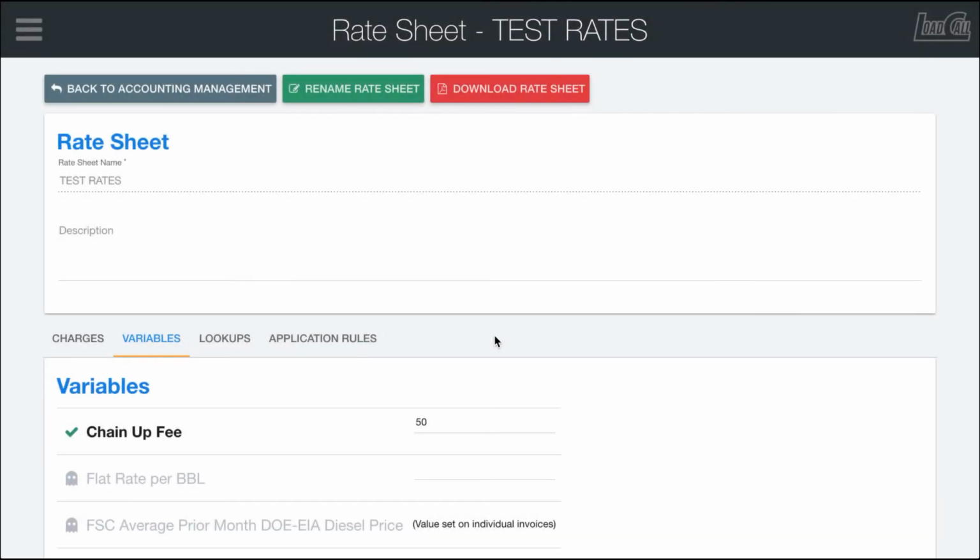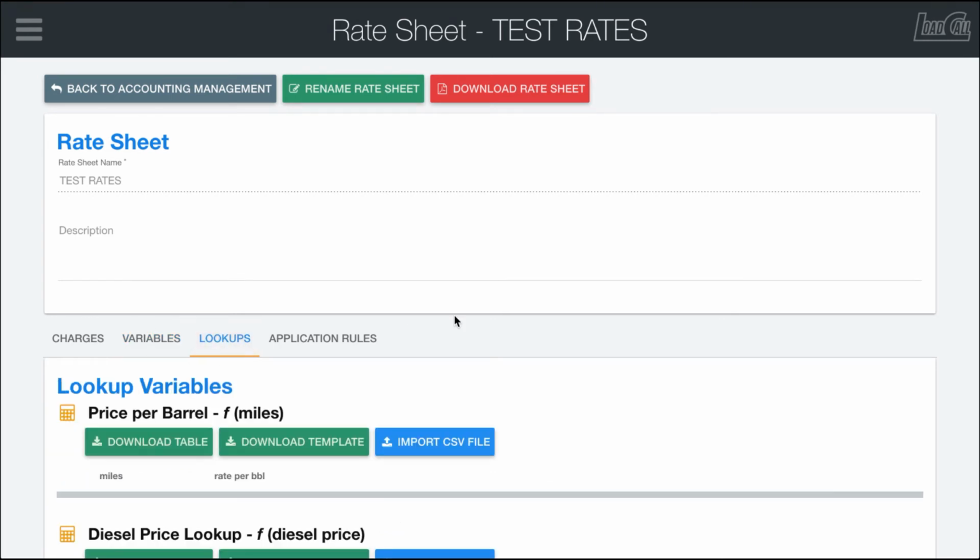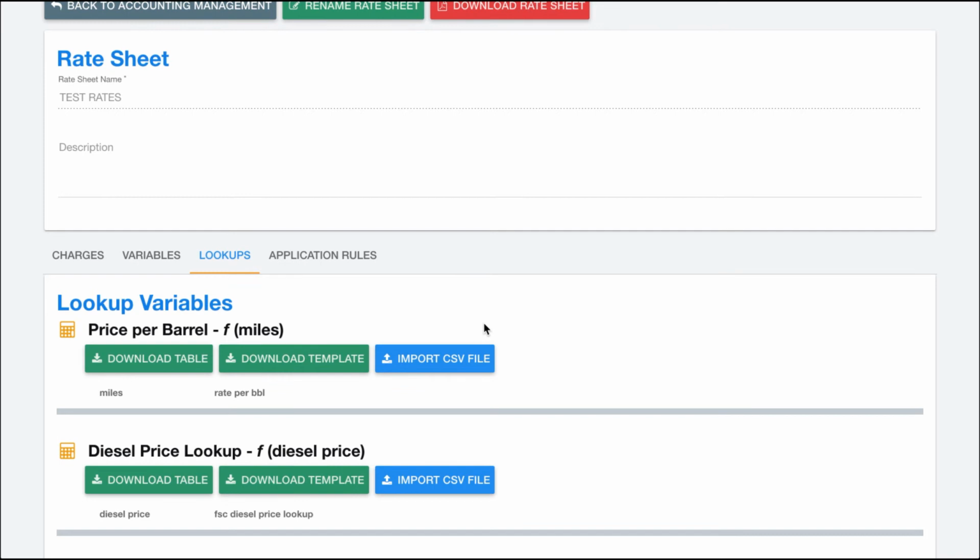So the last step we have to do to set up a rate sheet is to go into the lookups tab, assuming that you have a charge that needs one of these. But what the lookups tab does is let you upload lookup tables where the variable amount that you're going to use in your charge logic is dependent on a driver input or some other variable. So in here, the most common example would be the price per barrel is a function of miles. So depending on the number of miles the driver drives, you would have a table that says how much you